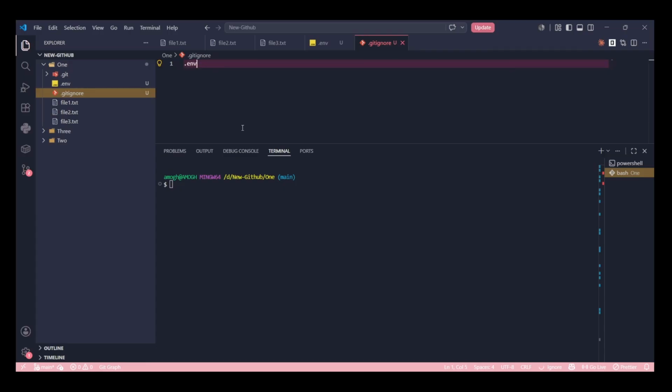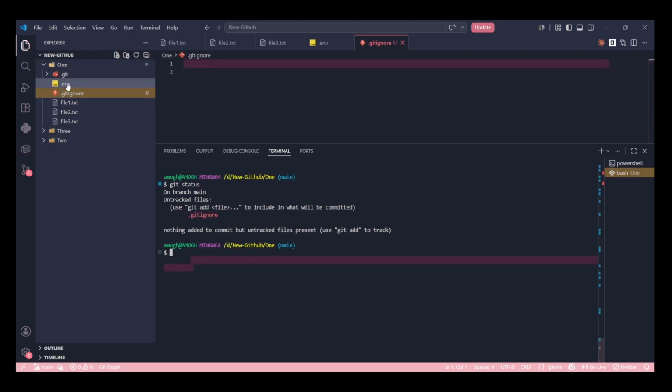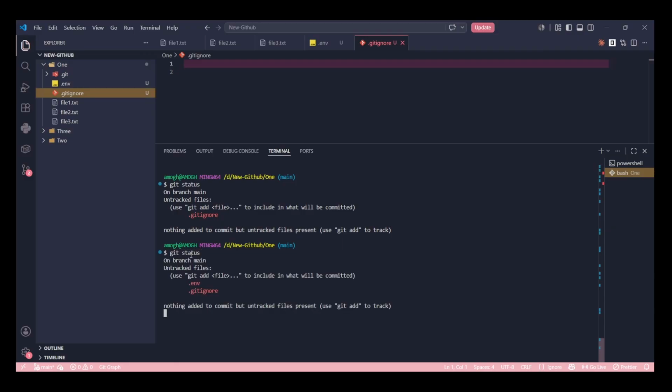Right now our .env file is just sitting in our folder, and if I run the git status command, it says .env and .gitignore. You cannot push .env into your GitHub repository because it consists of very sensitive information.